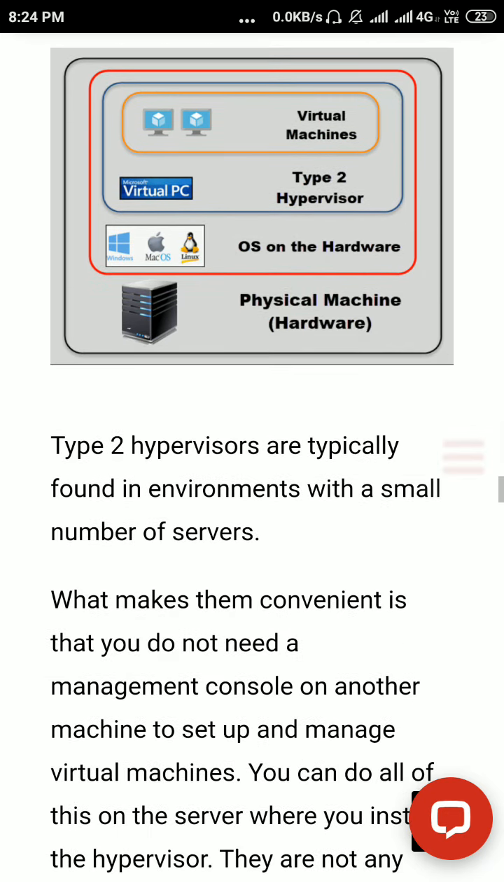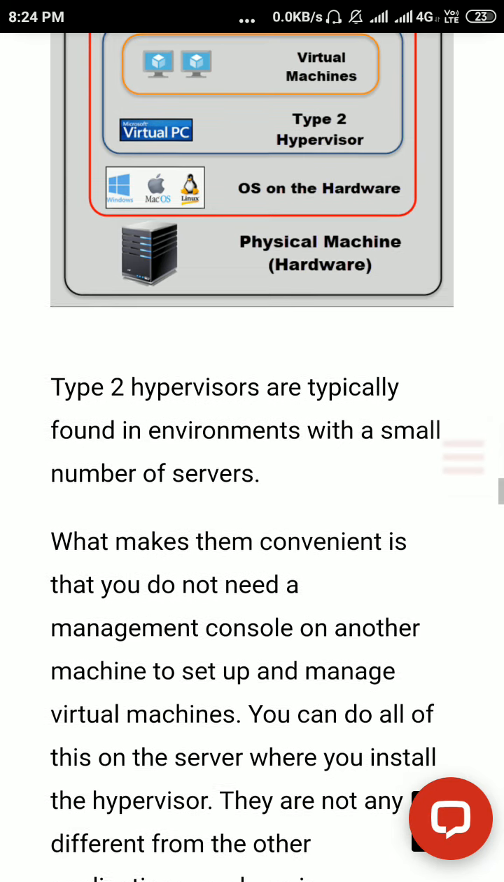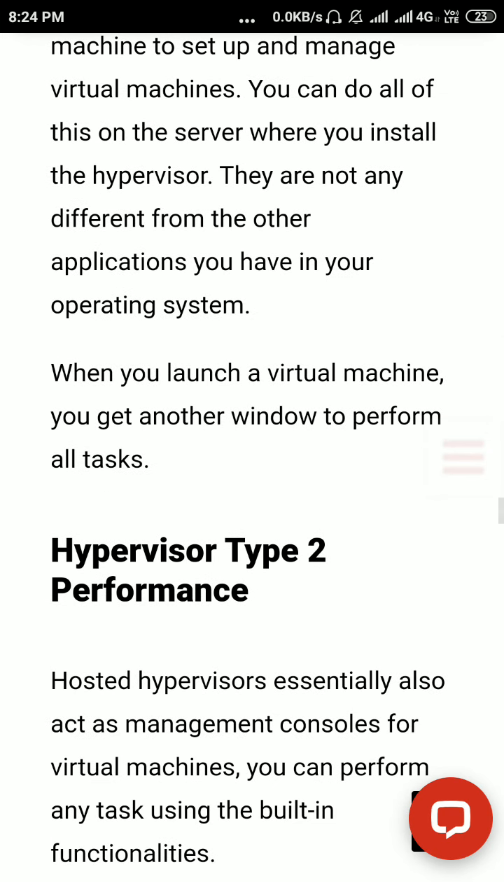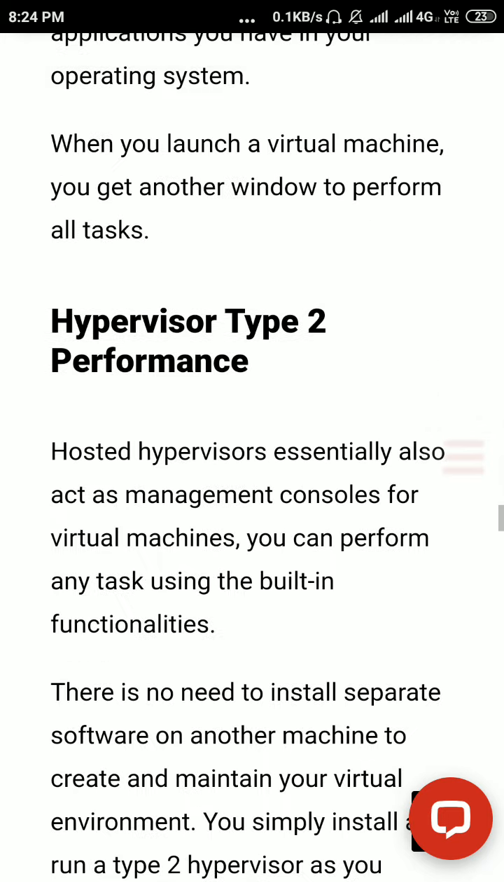Okay, type 2 hypervisors are typically found in environments with a small number of servers. That makes them convenient in that you do not need a management console on another machine to set up and manage virtual machines. You can do all of this on the server where you install the hypervisor. So anybody can use it for project purposes, and a small industry can use hypervisor type 2. Okay,